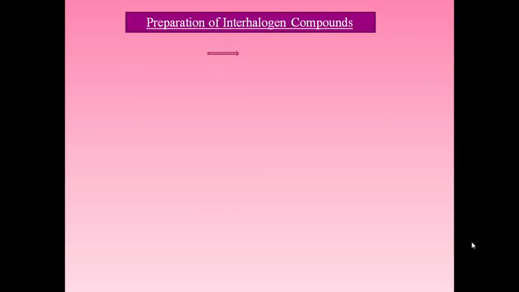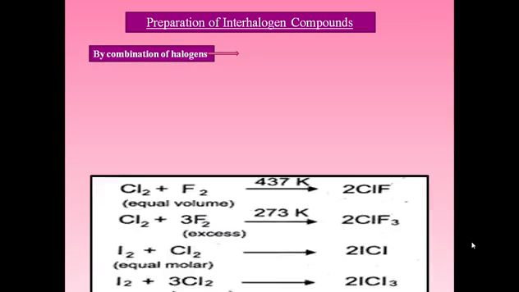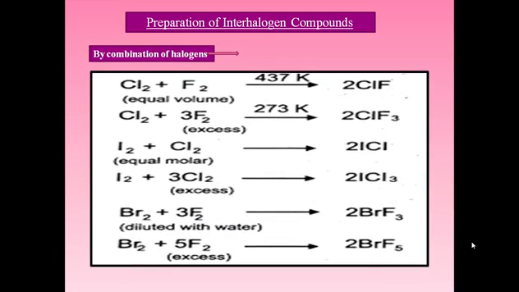Next we come towards the preparation of interhalogen compounds. There are two methods for the preparation: by direct combination, that is the combination of halogens. See here, these are the different preparations. First, the chlorine molecule reacts with the fluorine molecule at this temperature, and there is a formation of ClF, that is the monohalogen derivative. Then Cl2 plus 3F2 react and form the AX3 type. Then I2 plus Cl2 react, forming an AX type, and I2 plus 3Cl2